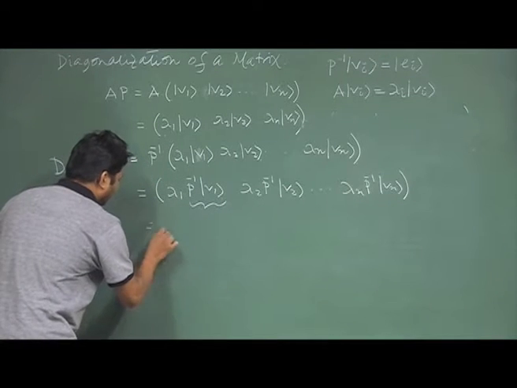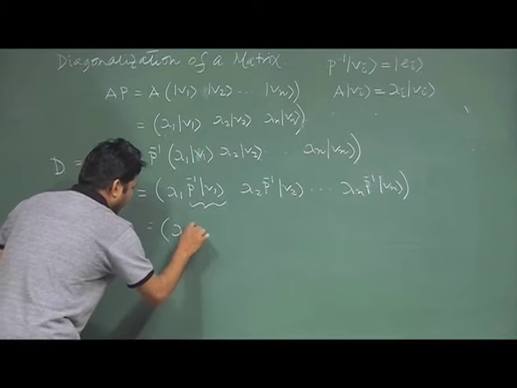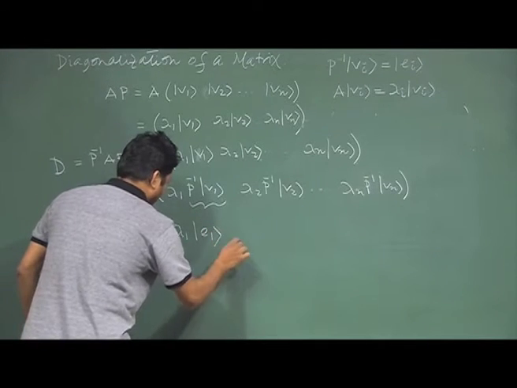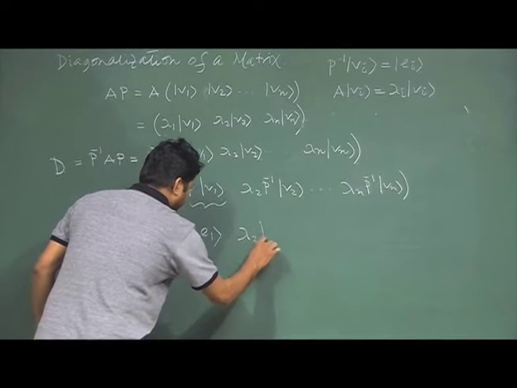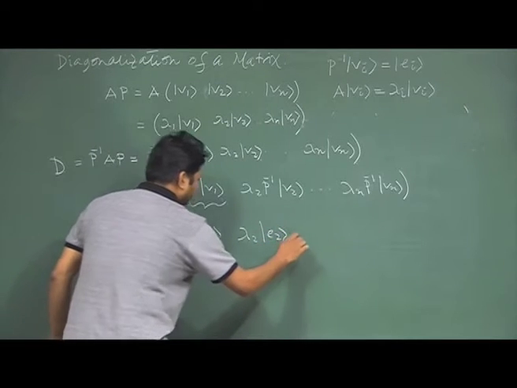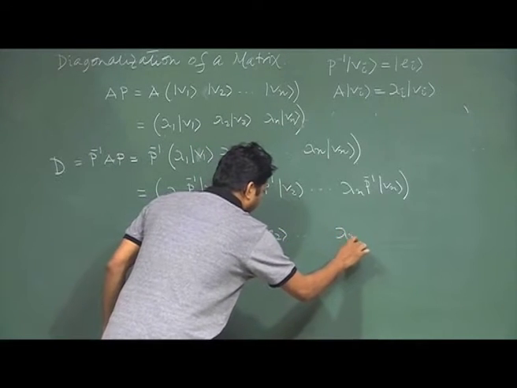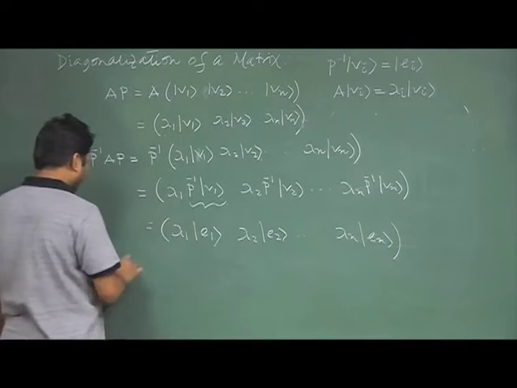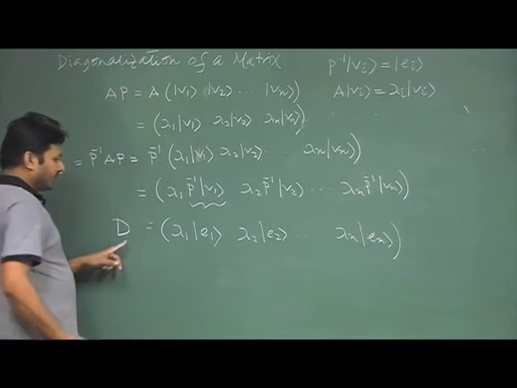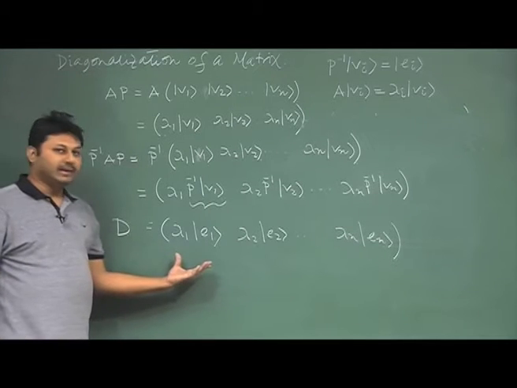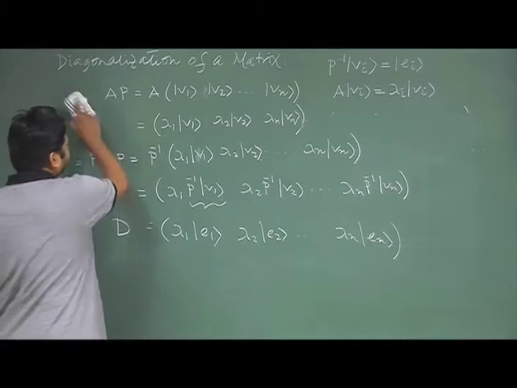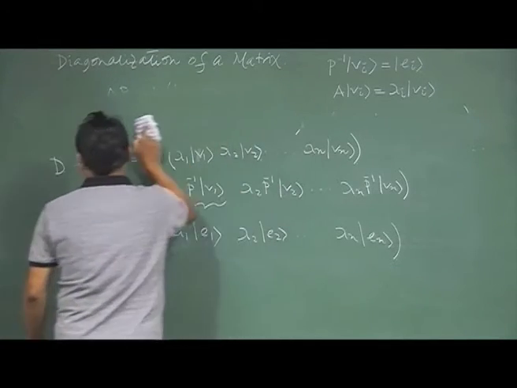Now this quantity I already figured out earlier, this is the same quantity, so I will just replace this. So it will be lambda 1 E1, lambda 2 E2, lambda n En. According to my notation, this is the D matrix. I can write this D matrix in this compact form. Now I will expand this form and you will readily understand what is going on.